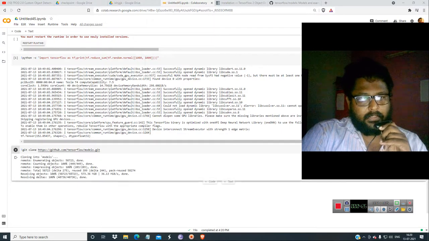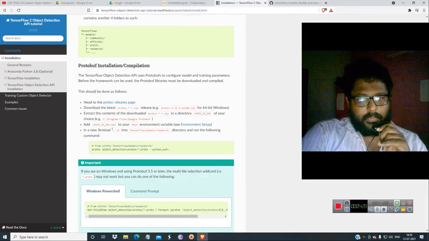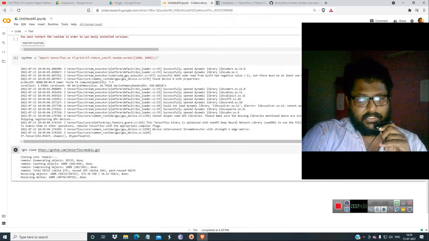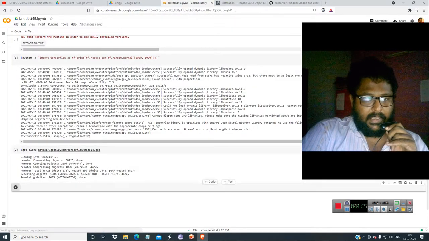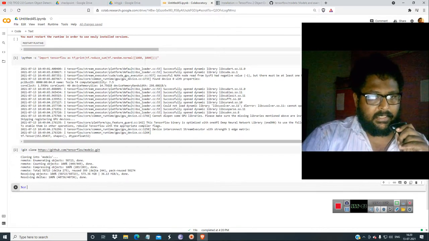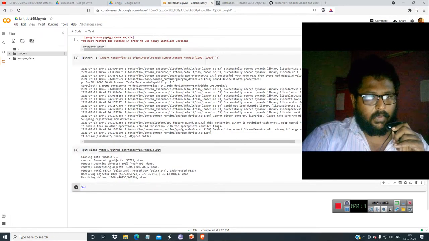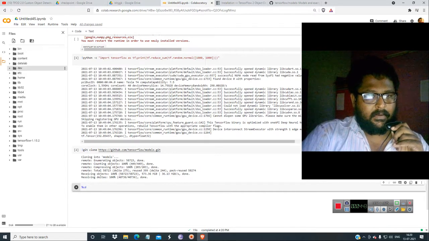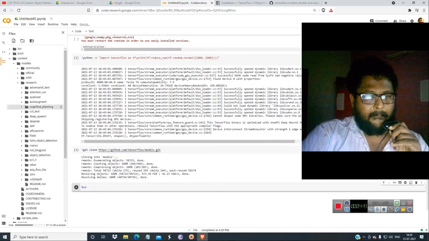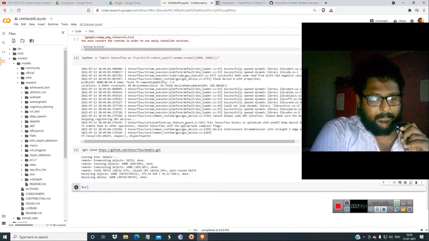So we have git cloned it. Then we have to get into the models research directory: use the percentage cd, go to content, models, research, and copy the path.